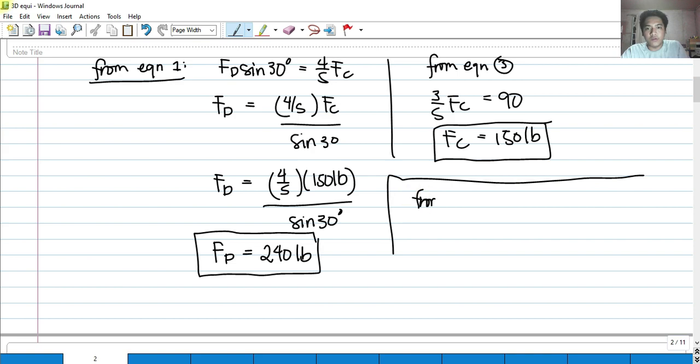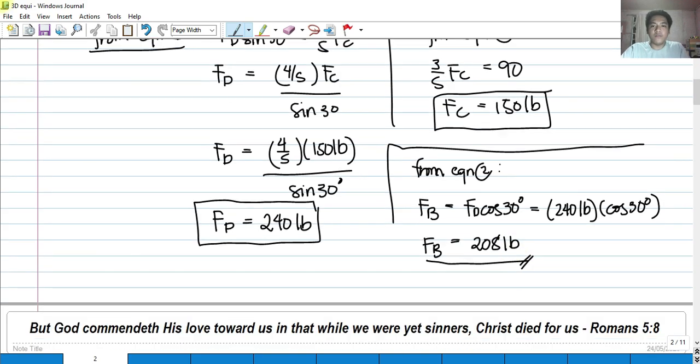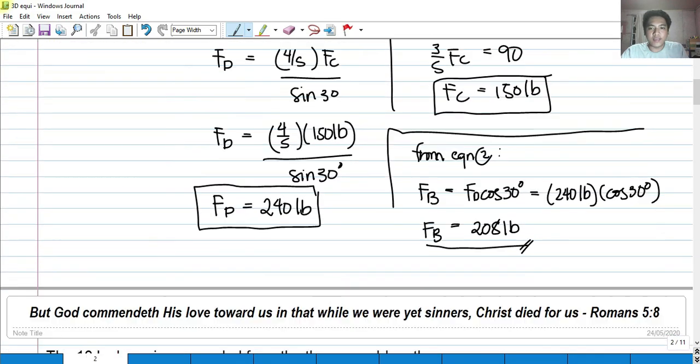From equation 2, we have f sub b equals f sub d cosine of 30 degrees. So our f sub d is 240 pounds, and that is multiplied by cosine of 30 degrees. Our f sub b, which is the force existing on the spring, is 208 pounds. And as we all know, the force in a spring is equal to Ks, wherein S